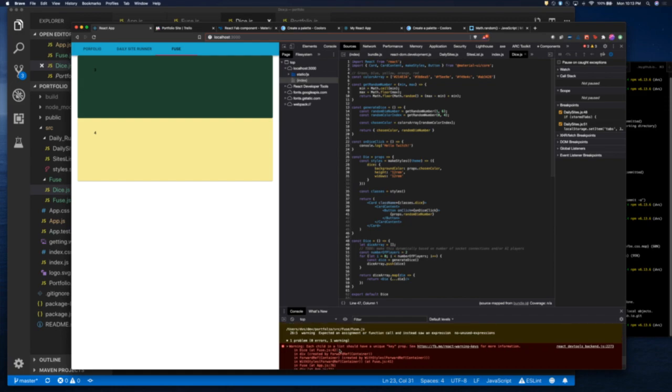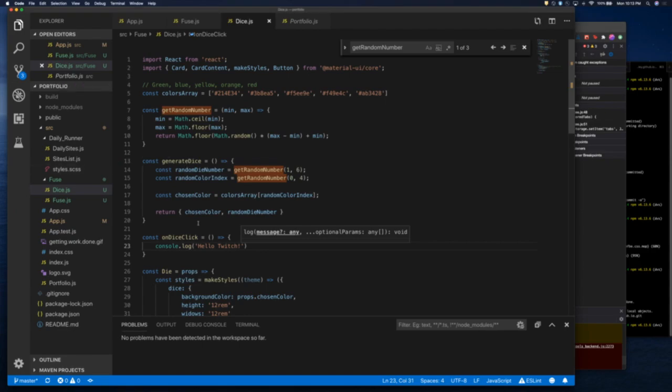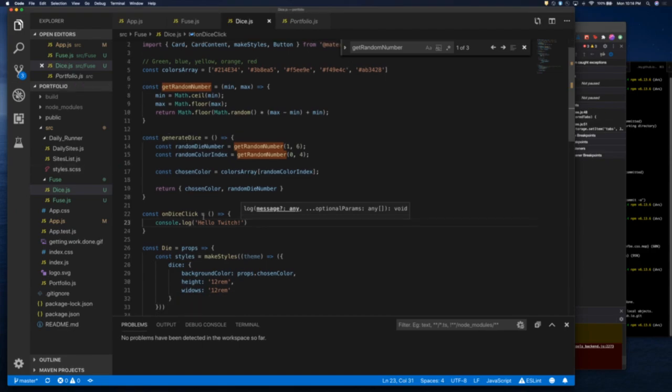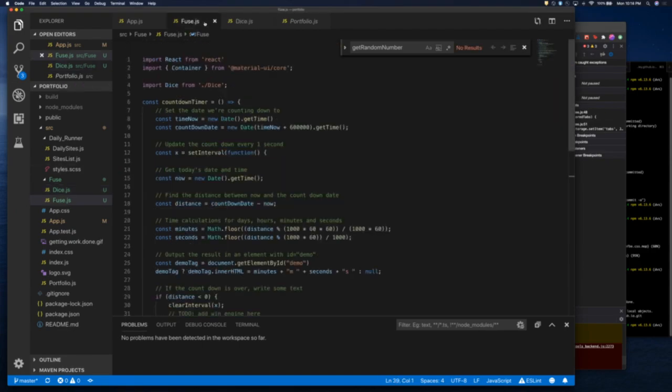Ooh, each child on the list should have a unique key prop. So that is an interesting bug that happens in React. It had me a little confused for a little while, actually, when I first ran into it. If you use React, you'll probably want to pay attention to this one if you've ever seen it. Basically, what it's saying is that at some point in my code, I'm doing like a map. I'm mapping over,